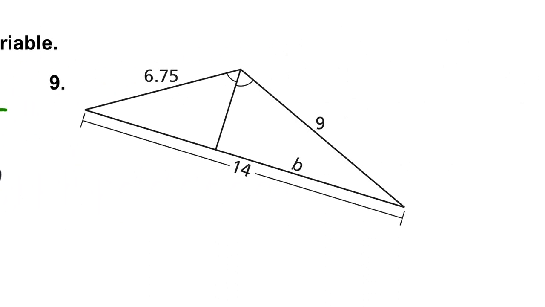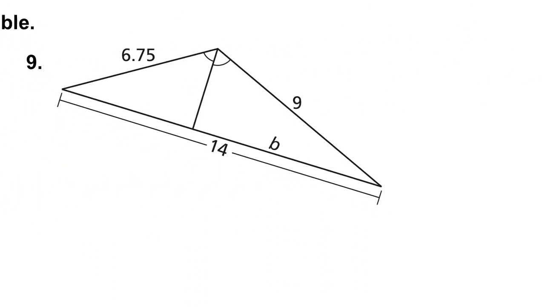So if we look at number 9 here, do the same thing. Now we have an angle bisector, but notice we have the whole side is 14. So we have to think, if the whole thing is 14 and this is B, how do you get the unknown part? Well, you can take your total minus your part and you're left with the part you don't know. So I'm going to write in here that this is going to be 14 minus B in that section. So I can say 14 minus B when I compare it to the B side